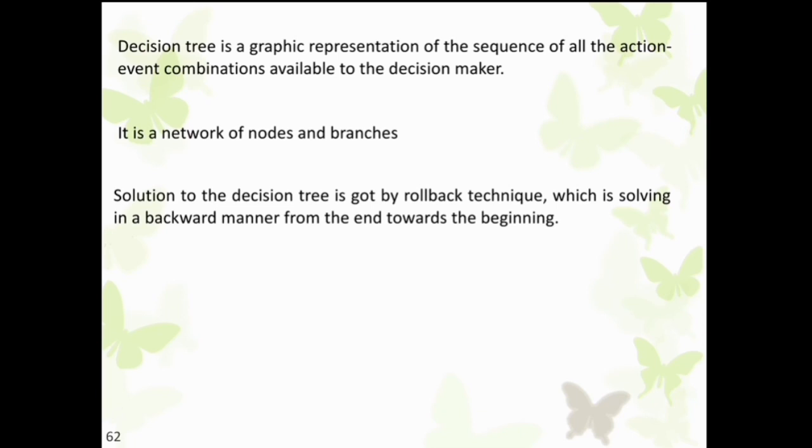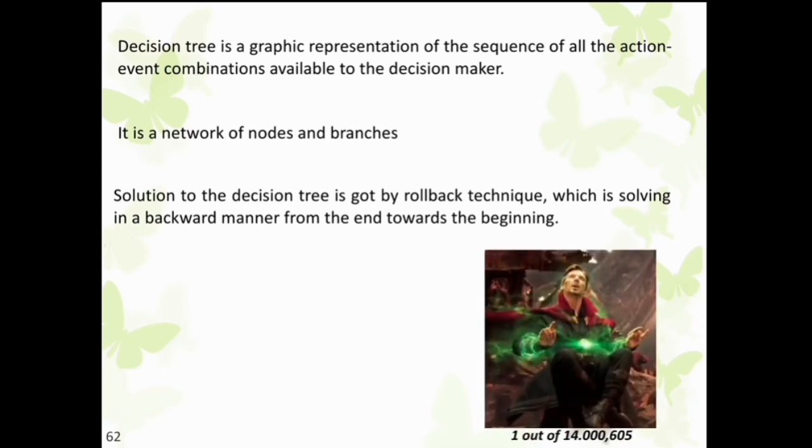The logic of decision trees may be roughly compared to the scene from the movie Avengers: Infinity War, where Doctor Strange goes forward in time, sees all the possible outcomes, and strives to achieve the most favorable one. I hope you all know the scene in which he goes forward in time, sees 14,605 possible outcomes, and then tells that we have only one favorable outcome of winning this war. But the question that I want to ask is, how did he know which outcome was favorable?